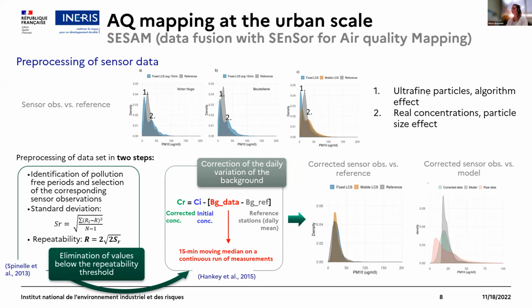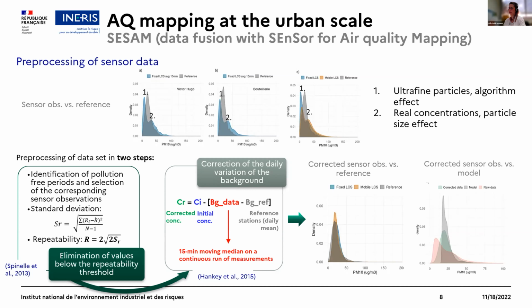First, we made a pre-processing of the sensor data, because when we compared the sensor observations and the data at the reference measurement stations, we could see differences in the distribution of the data. We identified two different potential effects. The first one is the algorithm effect, and the second one is the particle size effect. So we wanted to correct for this bias. And for this, we proposed two different steps. The first one is